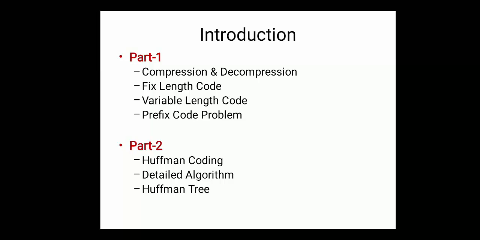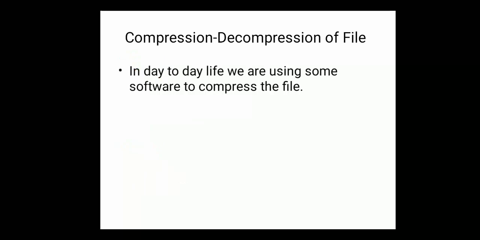So let us start today's video, that is the prerequisites of Huffman coding that you must understand before understanding the Huffman coding algorithm. Before understanding what Huffman coding is, you must know what the use of Huffman coding is. The Huffman algorithm is basically used to reduce the size of any file without loss of data. It means that you should have an idea about compression and decompression of a file.